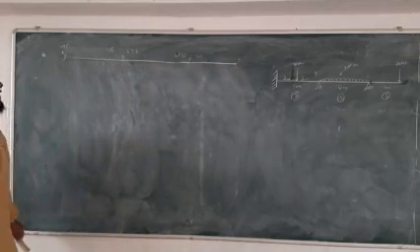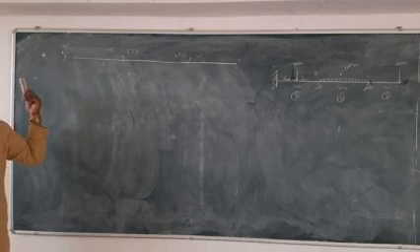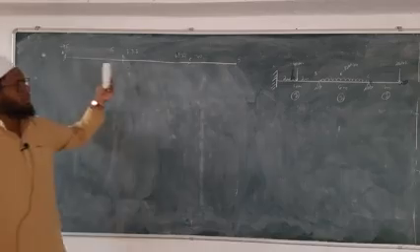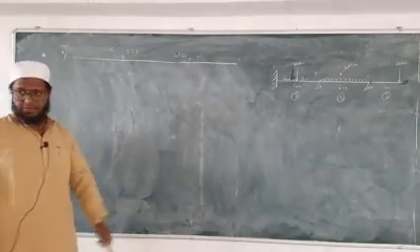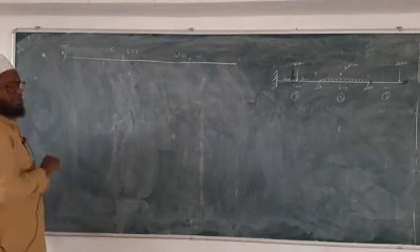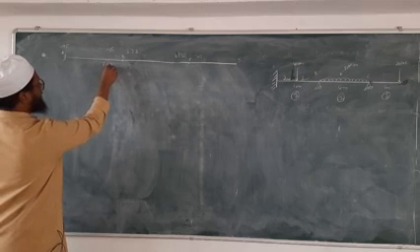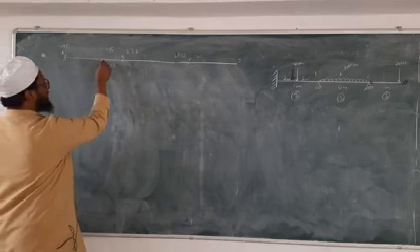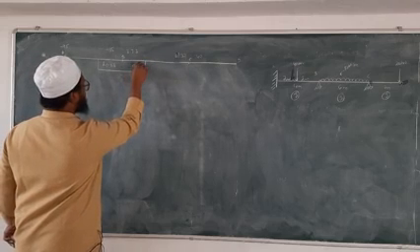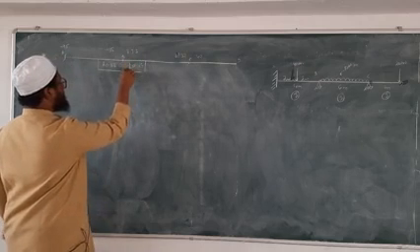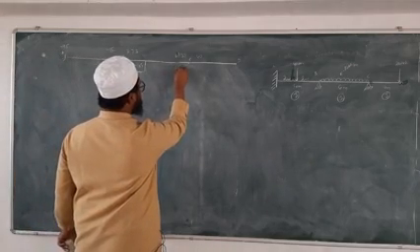Now, after writing your fixed end moment, see whether we have any hinge support at the extreme corner. Here we have fixed support. Here we have free end, not hinge support. So no need to release anything. Now, what are the rotation factors we got? Minus 0.33, minus 0.33, 0.33, minus 0.165, 0.165, minus 0.5.